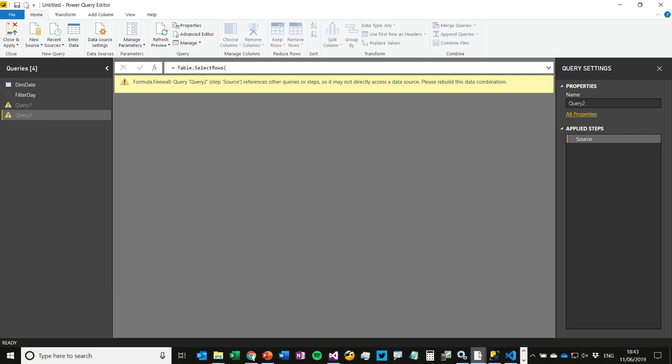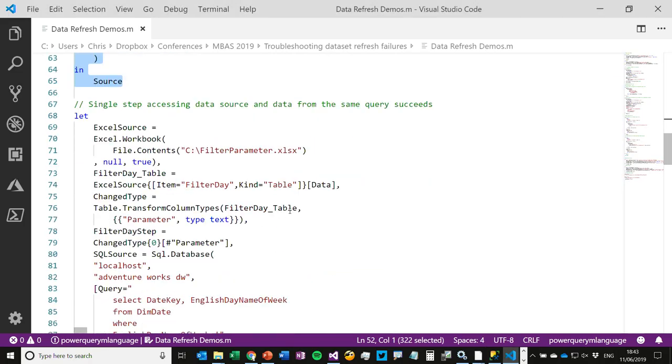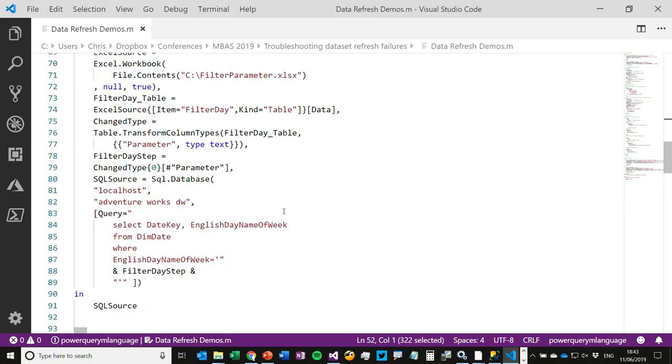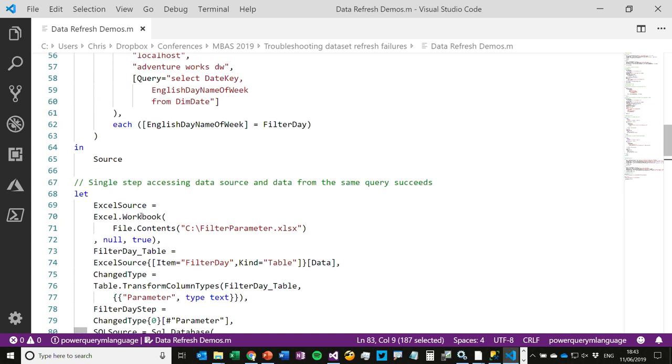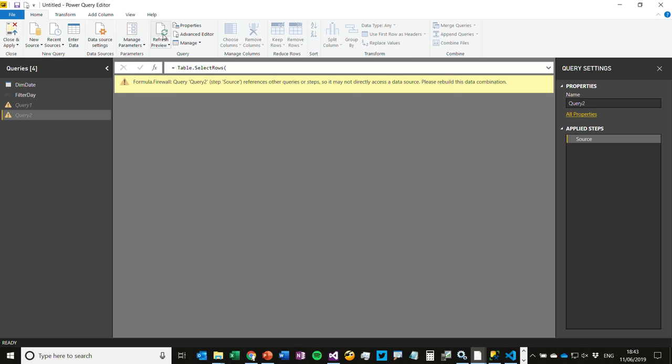I can rewrite this, for example, to use separate steps, or in this case, what I've done is try and get around the fact that it can't access data from a different query by doing everything in one big query, getting the data from Excel and getting the data from SQL Server in a single query. And when I do that here,